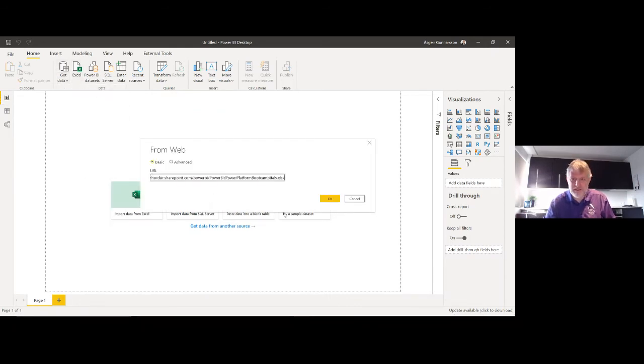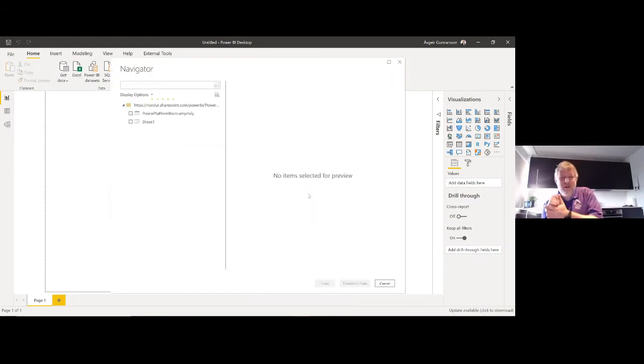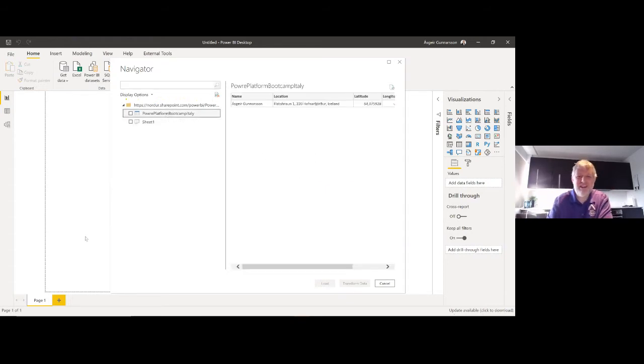It's the same technology behind the scenes, so it should not be any difference. Well, it is a difference. Yes, it seems there's a difference. Yeah, so it's something to do with my OneDrive. Sorry about that, but okay, it will work now. Okay, so I'm connected to it.